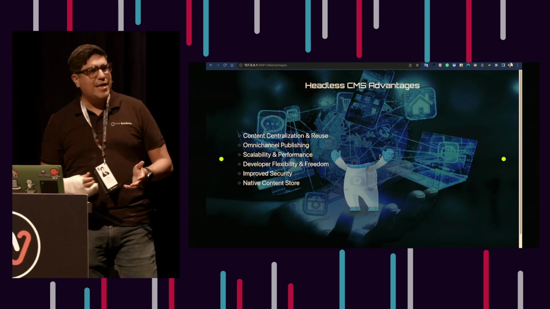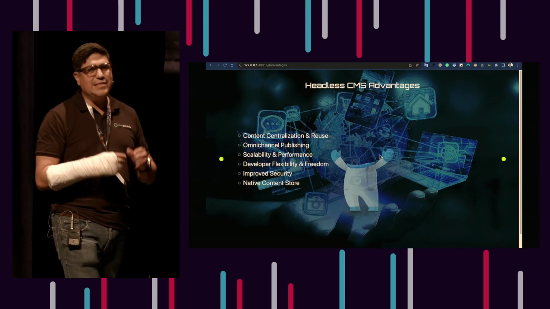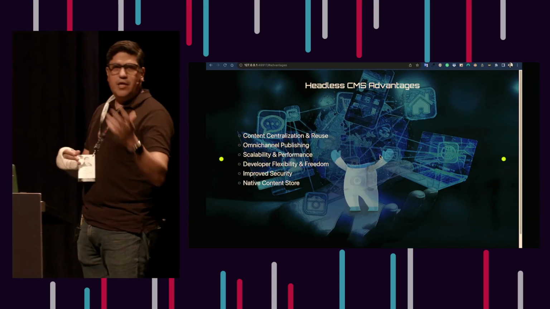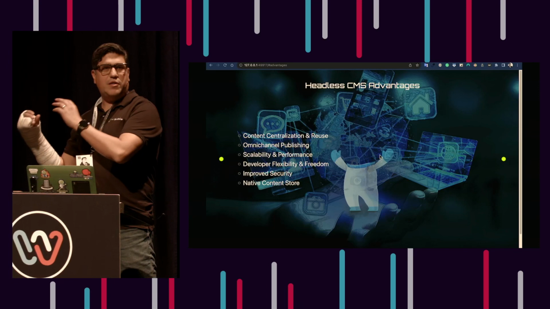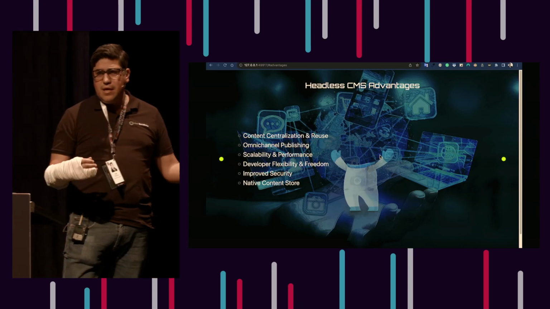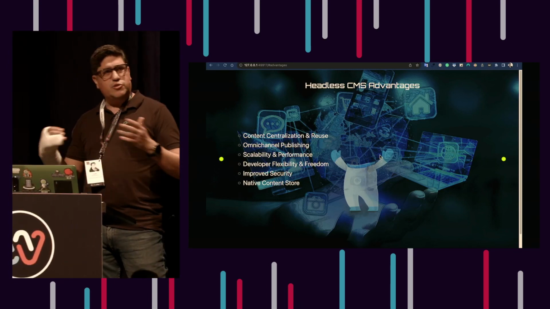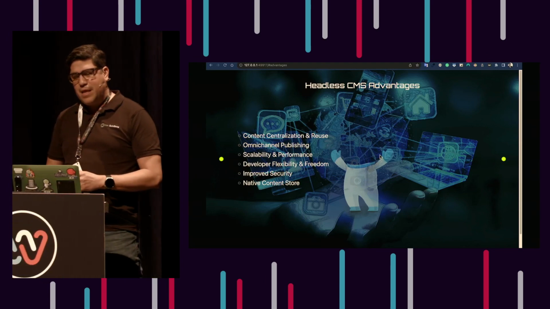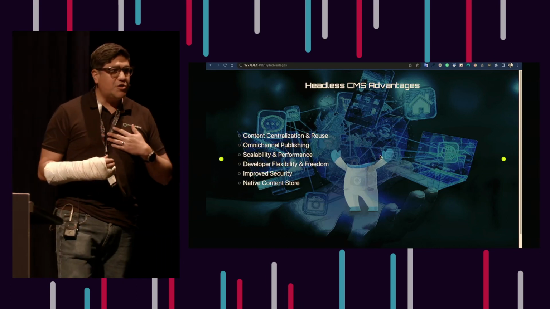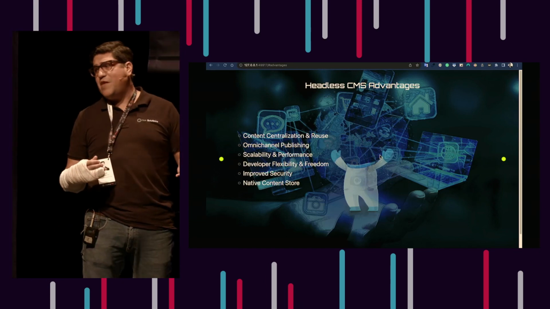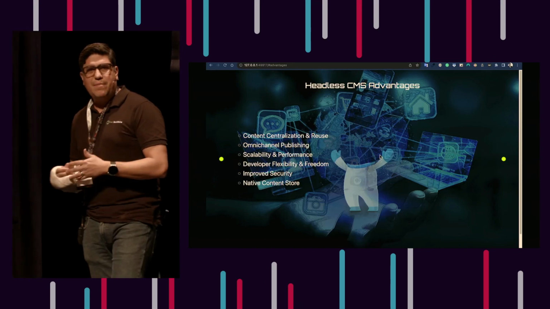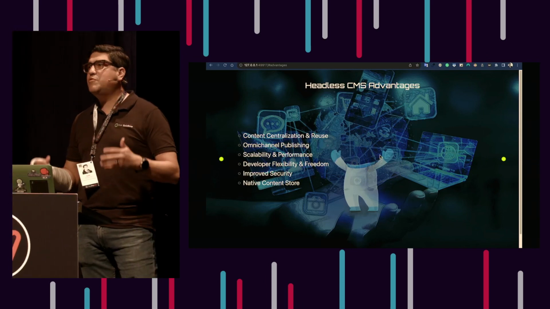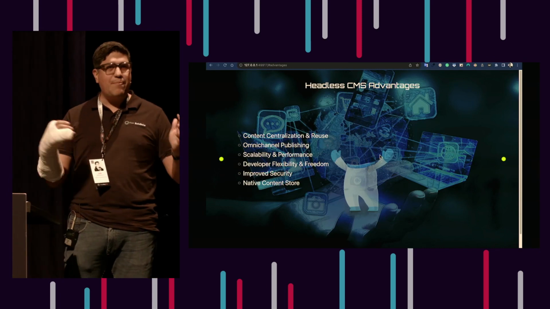And that provides a lot of scalability and performance because we can scale them differently. Our API and our backend can be deployed into Google Cloud, but maybe our different channels are deployed somewhere else. They can be geo-located, geo-distributed. So we have a lot more choices now than we had before. And another important one, me being also a developer, is that developer flexibility is important. Maybe I want to try a new framework. Maybe I want to try a new UI thing. I have the freedom to do that because all I need to do is tap into an API.